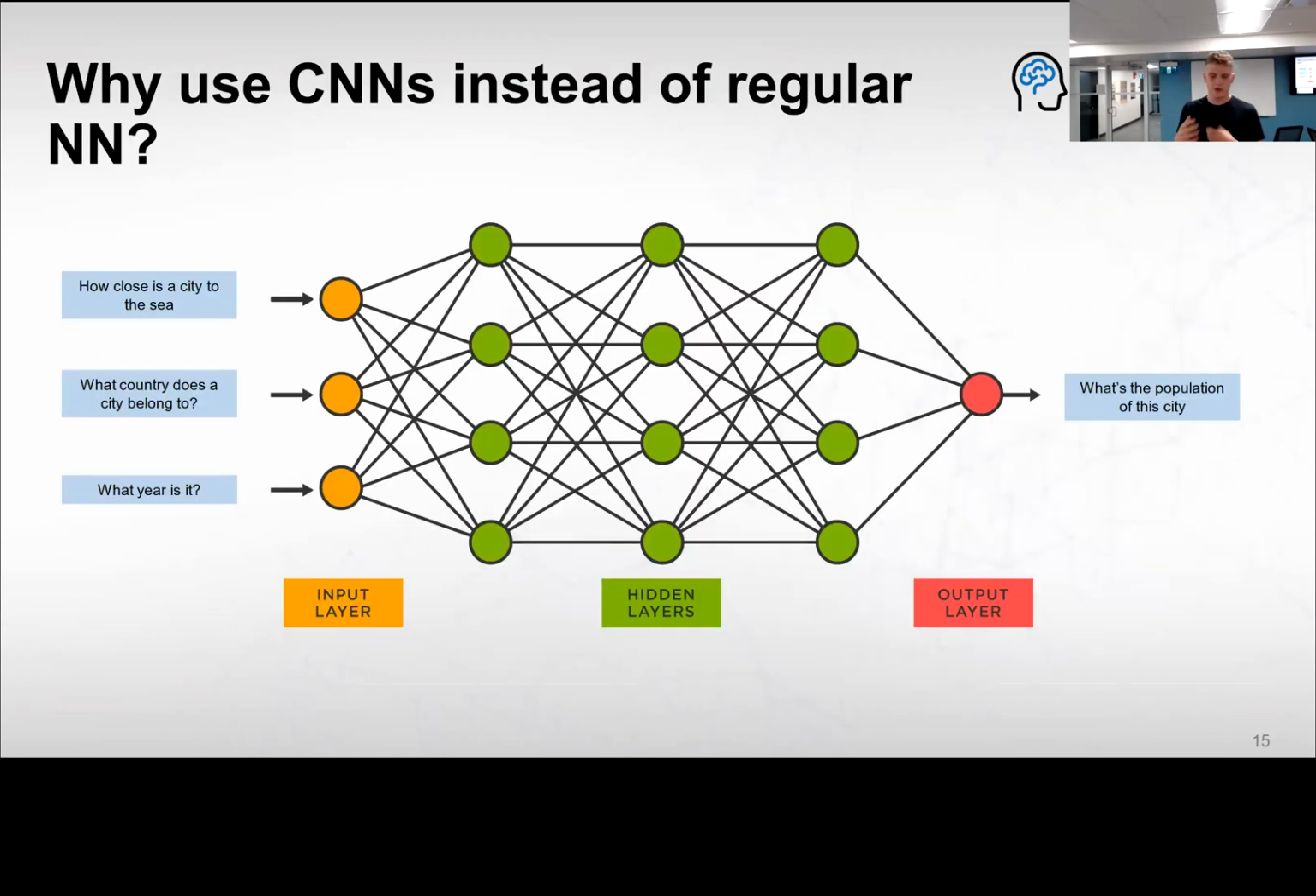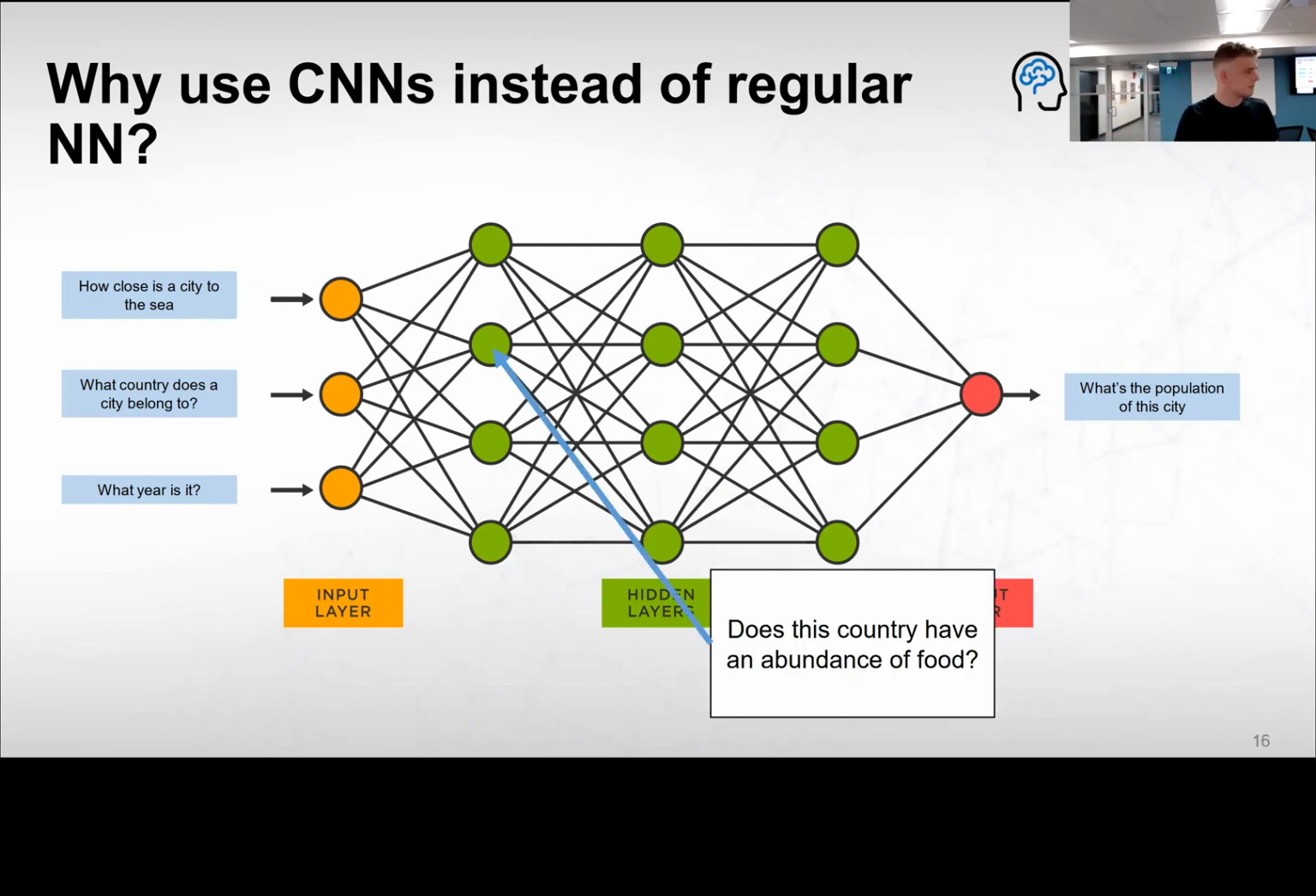So we are used to thinking a little bit like this. This is my example from 2 weeks ago. You're putting different factors into a neural network. How close is a city to the sea? What country does a city belong to? What year is it? Those are what we're inputting, the data we're putting in. And we're trying to figure out, given all of these features, what is the population of the city? And what we figured out is that these nodes can build upon each other. They can ask questions and build upon these questions to create more complex